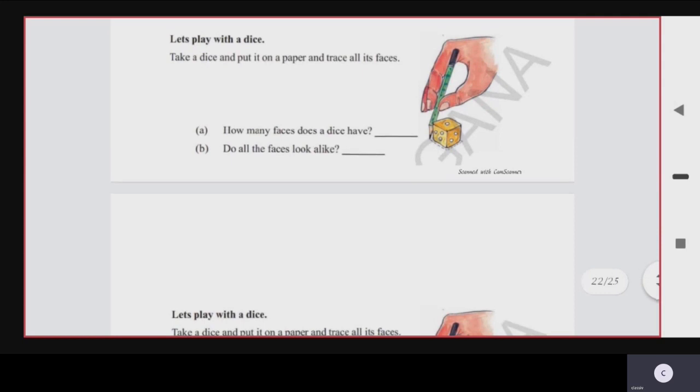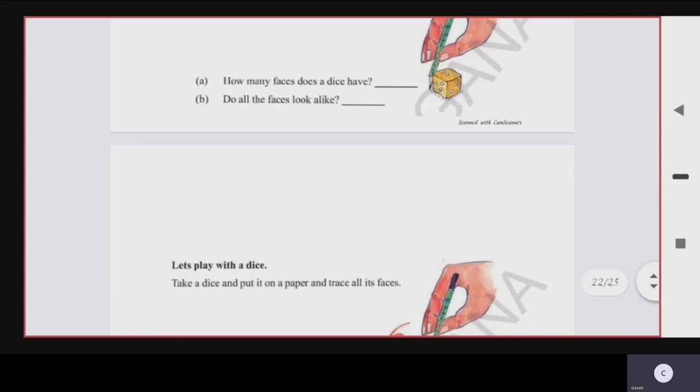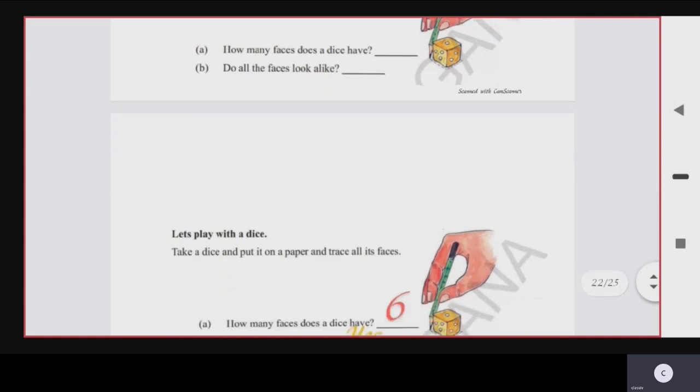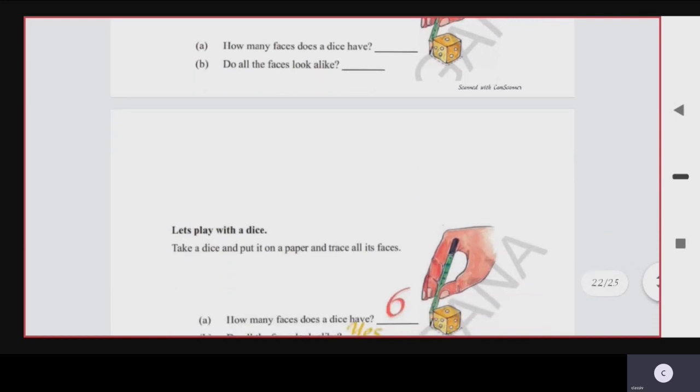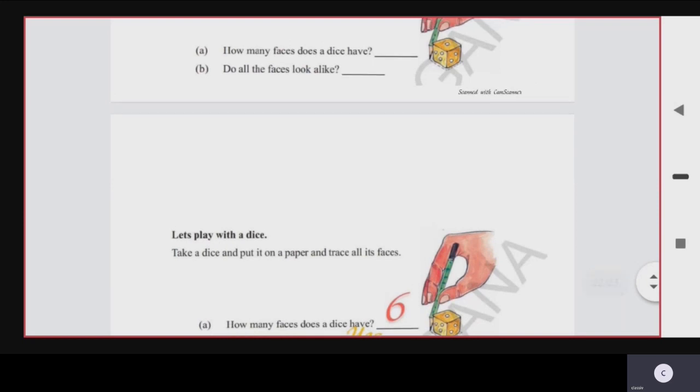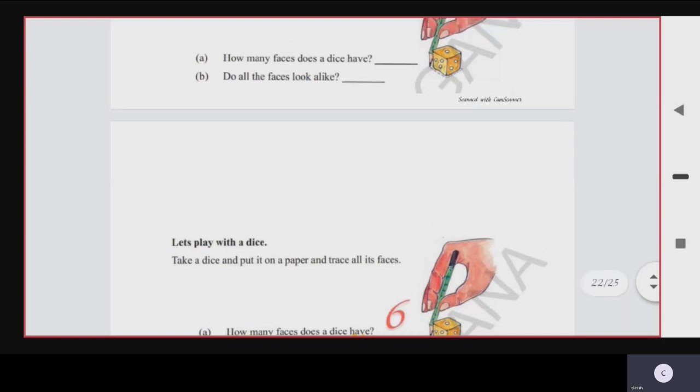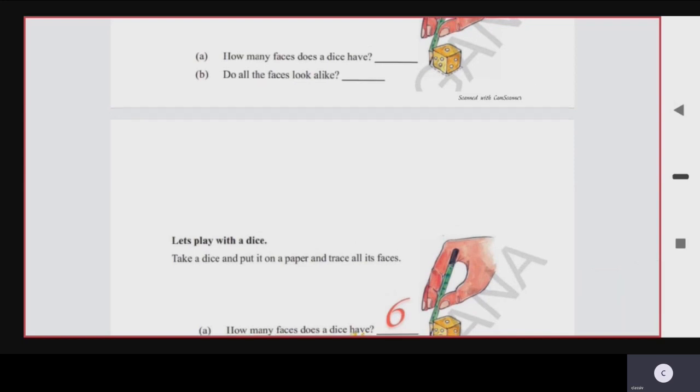When you trace the cube, you get 6 faces. How many faces? 6 faces. Now, do all the faces look alike? Yes, all the faces will look alike. Can you say the reason, children? Why do all the faces look alike? Because you know that when you trace the cube, you get the shape of a square.